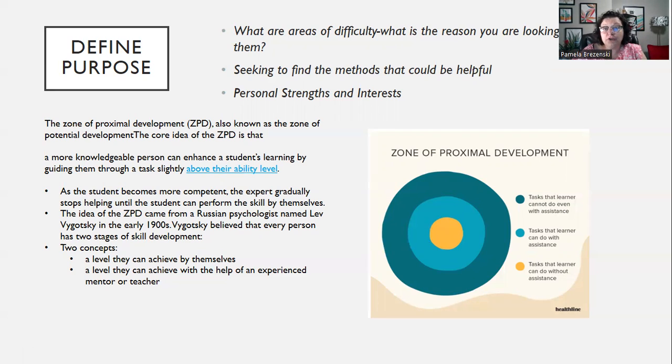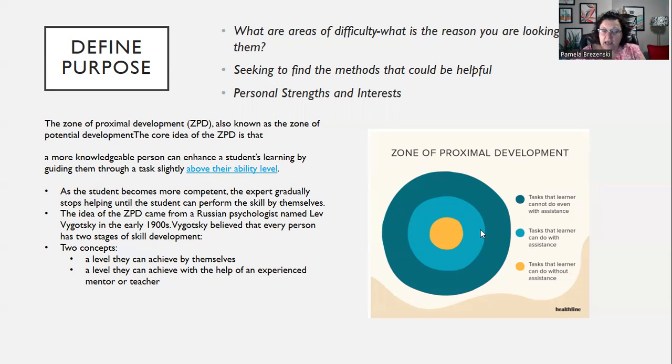So we want to make sure that we are only looking at those two outer circles when we are defining our purpose for assessment, so that the learner can do with assistance. So what types of assistive technology? That's assistance. If the learner has the skill, but the assistive technology is going to give that information out, what can we do? So that is the critical component where we want to know what supports do we need, or if the learner really with a fidget can be able to attend in class,